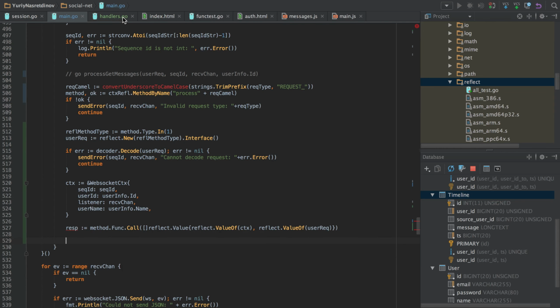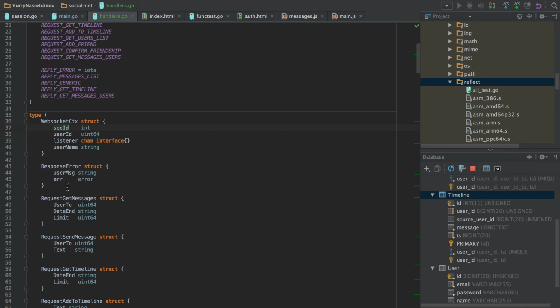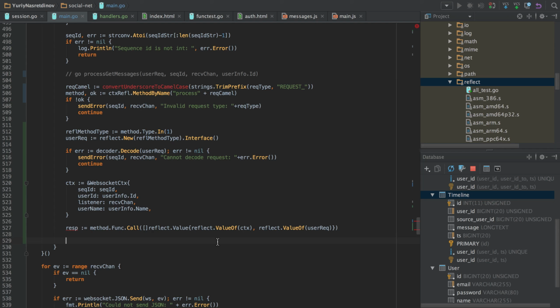And then we should decode the answer. And it is done pretty much the same way as before. The function could return either the proper response of the required type, or it could return a response error. So we should check for it.